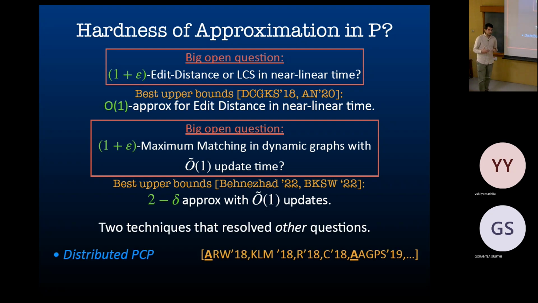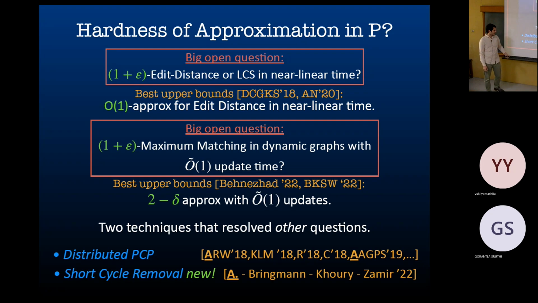And so somehow we seem to be lacking strong techniques for proving hardness of approximation results. In the classical NP-hardness, we have these PCP theorems and so on, and this is like early days for this field. There are two general techniques that exist. One of them is distributed PCP. It proves a lot of results, doesn't prove anything here. I'm not going to go into this much in the talk, but closest pair type of problems and so on, it can do some things. There's this new technique from last year that I want to tell you about: short cycle removal.